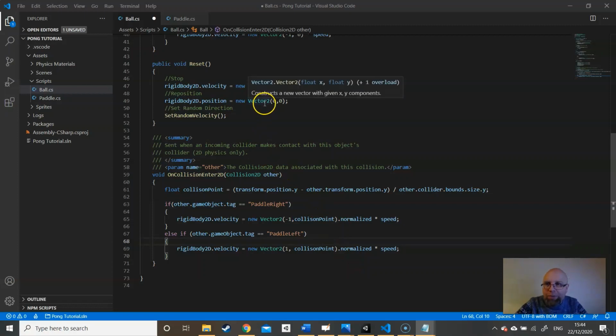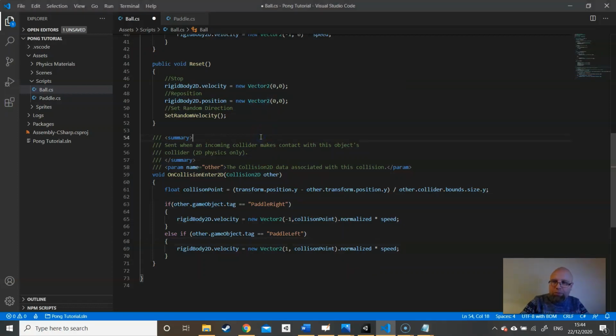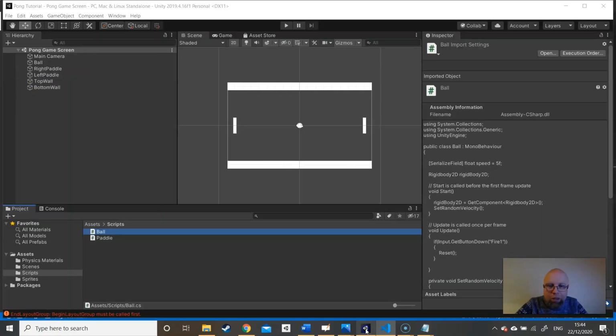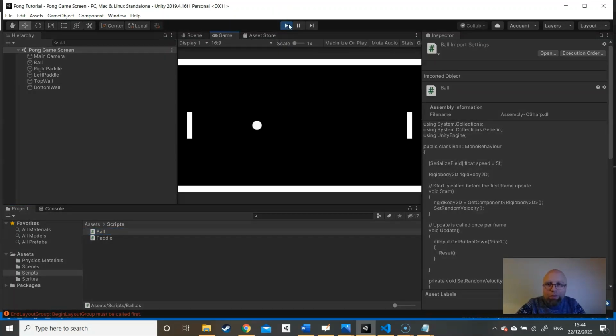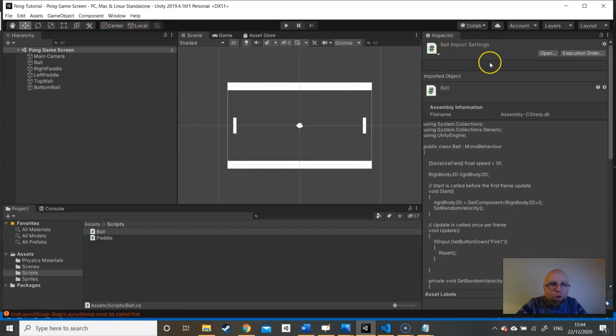So we'll save that up. Save that up. Go back into Unity. It's not going to work, but we'll try it anyway. So we've still got the old behavior. And what we need to do